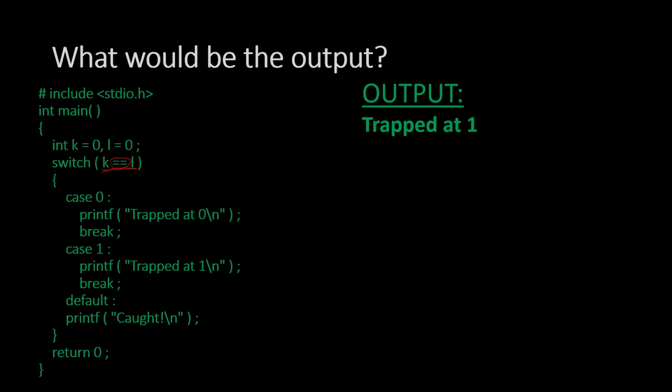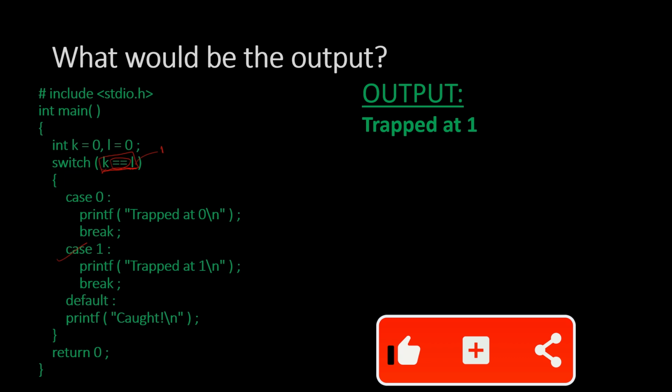So in this case, k is equal to 0, l is equal to 0, so this returns a true. True is 1. A boolean true in C is 1. Which means that we have switch 1, so it will go and hit case 1. Once it hits case 1, printf "trapped at 1" gets executed, and hence we see this output: trapped at